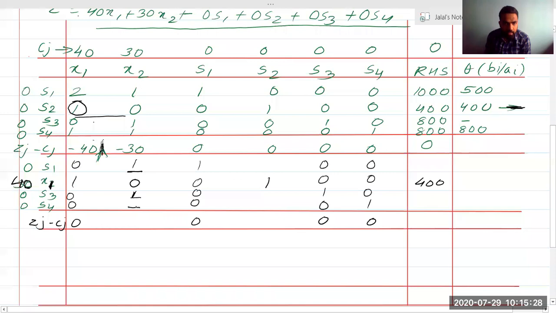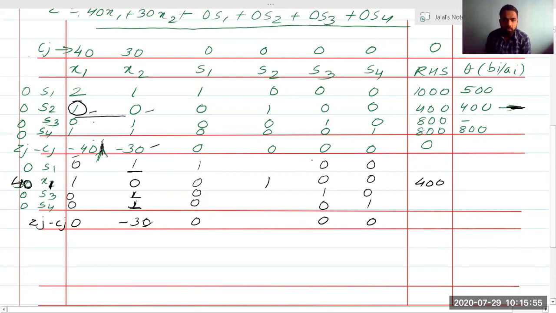Again we will look at the third value to find this value. 1 into 1 minus 1 into 0 divided by 1, so this will again be equal to 1. If we need to find this value, how will we find it? Minus 30, you can see, 1 into minus 30, minus 40, minus of plus becomes plus, 40 into 0 will be as it is 0, so minus 30 divided by 1 will be minus 30.